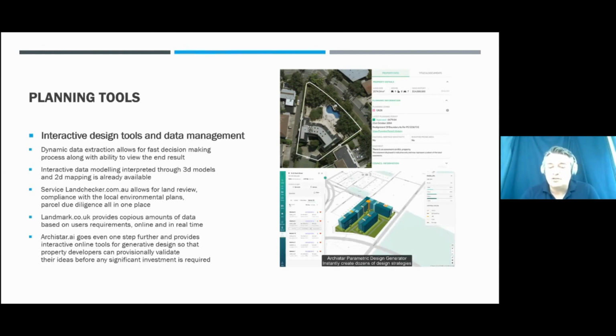As you can see in the lower picture, this is one of the computer generated options of a building that can be built on a certain area, what a certain developer wishes to make. But not only that, that 3D model is completely analytical. So that will give you the estimated cost of building. That will give you the estimated cost of purchasing the land, and it will give you estimated revenue from selling all the apartments inside. Obviously, these tools are not perfect.